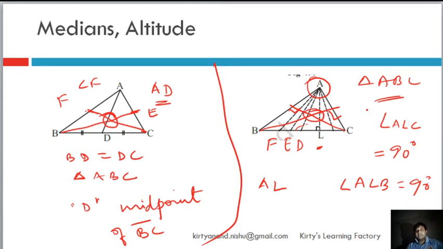Before I move ahead, there is one more point I wanted to say. Whenever we are drawing a median, because the median connects the opposite vertex to the midpoint of the opposite side, the centroid will always be inside the triangle, and all the three medians will always be inside the triangle. Whereas in altitude, if there is an obtuse angle triangle, let's say like this,